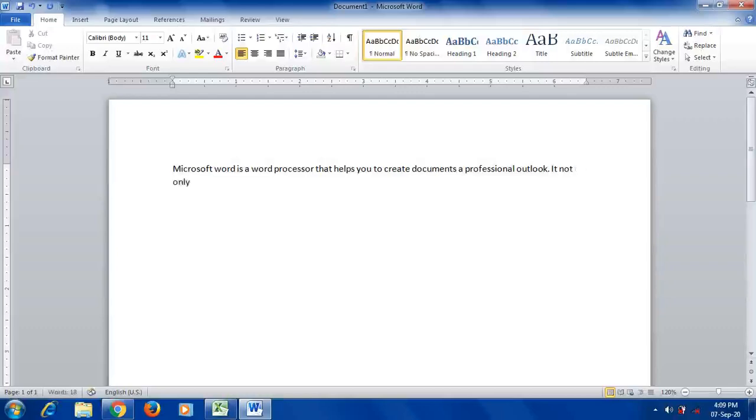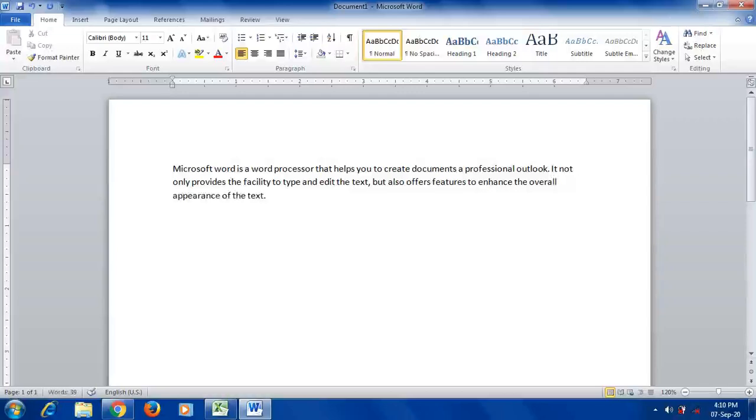It not only provides the facility to type and edit the text, but also offers features to enhance the overall appearance of the text.